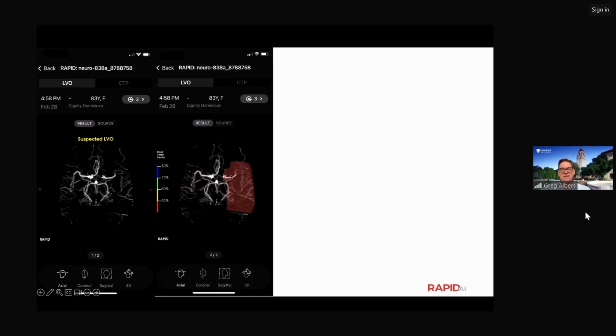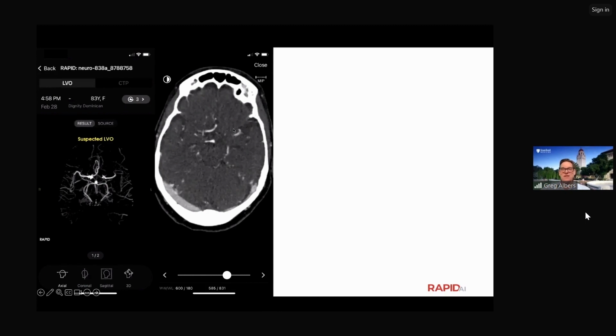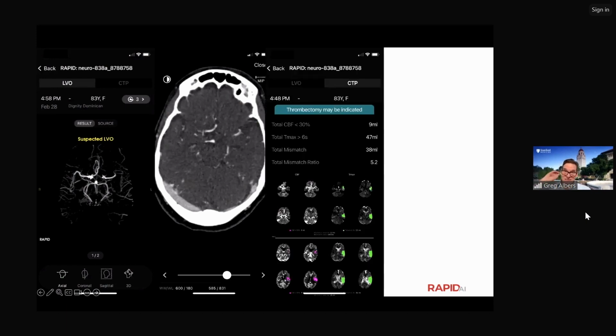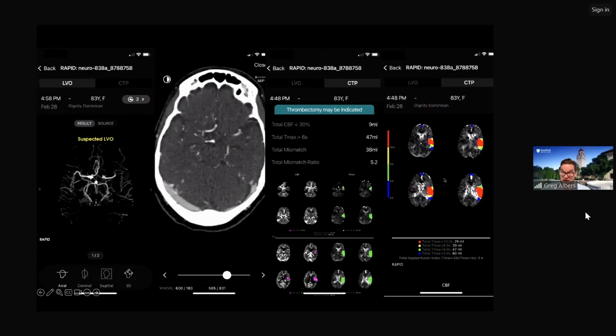We can see that there's a substantial reduction in blood vessel density in that left hemisphere, and then we can go through the source images to see exactly where this was, which was a very proximal M2. We can also see on perfusion a note that thrombectomy may be indicated. We can see how much mismatch is available,